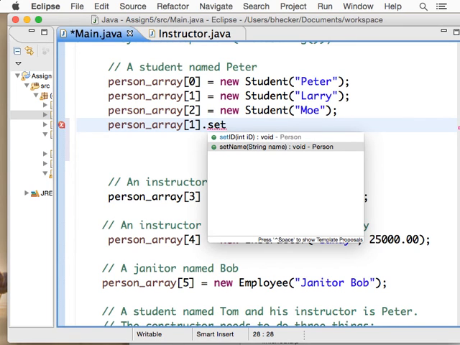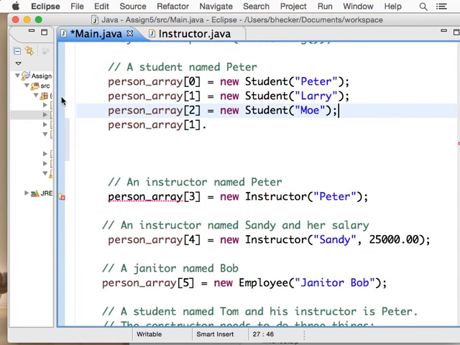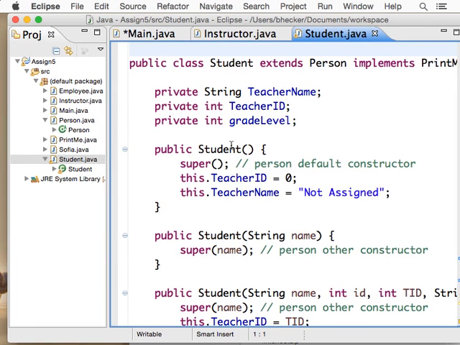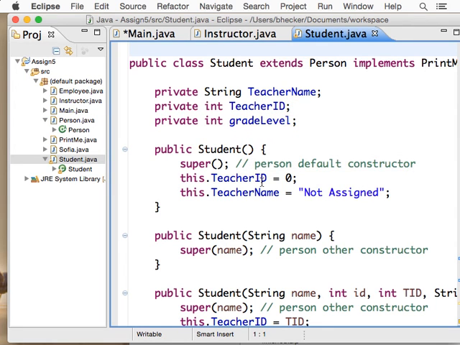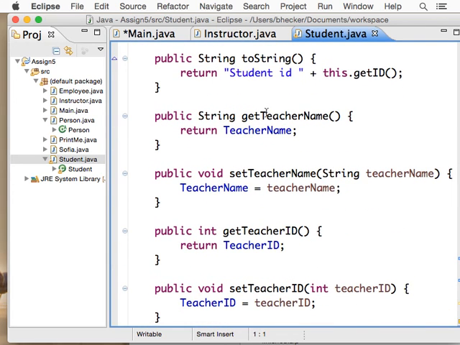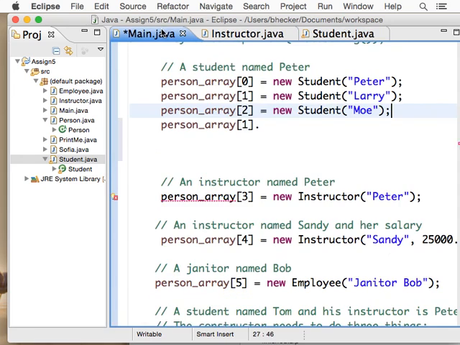teacher. Do we do a set teacher? Well, that might be the problem. Do students keep track of their teachers? Well, they have a teacher. Teacher ID. Teacher name. Yikes. We could do the set. Okay, let me just do some setters and getters. I don't think I did it. Or did I? Get teacher name. Get teacher ID. Set teacher name. I got it. Set teacher name. So